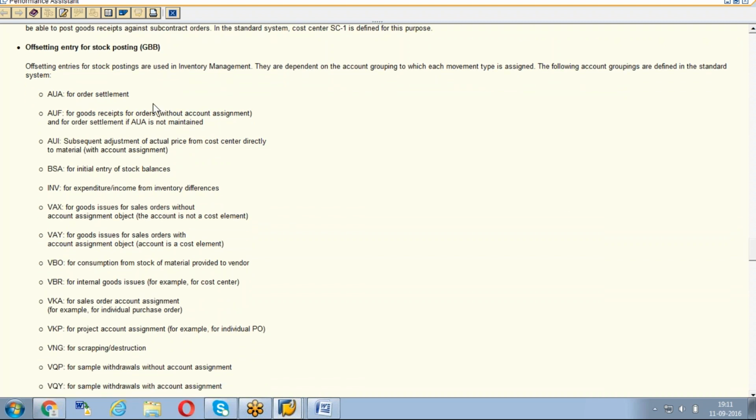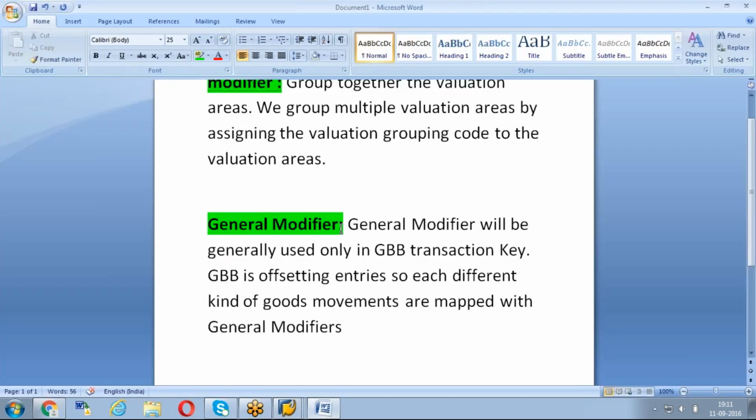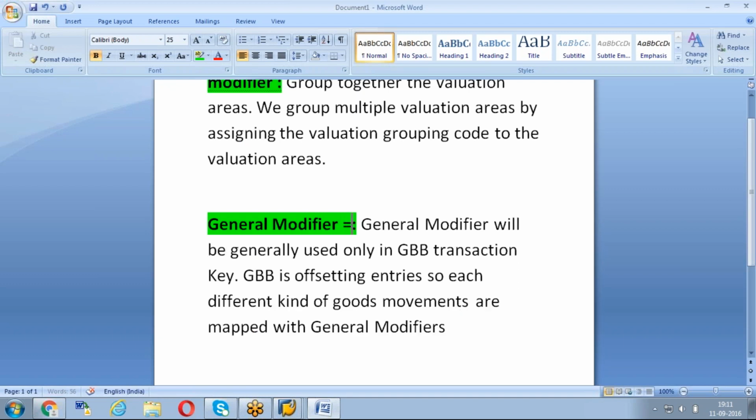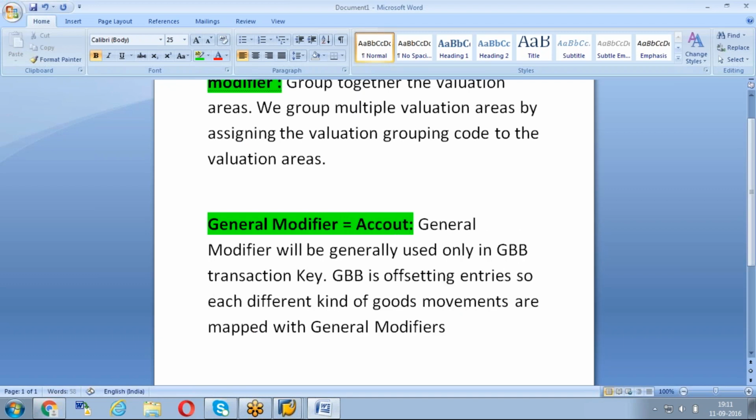See, offsetting entries for stock postings are used in inventory management. They are dependent on the account grouping to which each movement type is assigned. The following account groupings are defined in the standard system. The general modifier only, we call it as an account grouping also. One more terminology you may hear, that is account grouping.